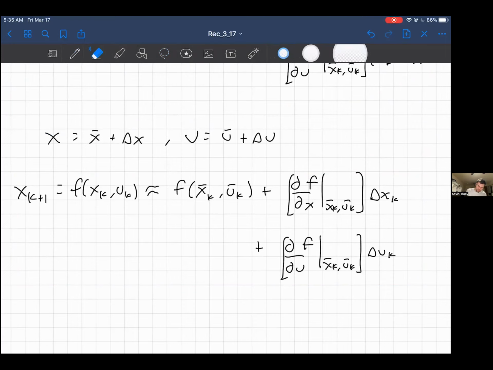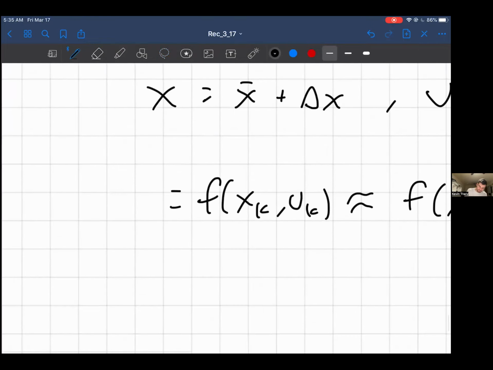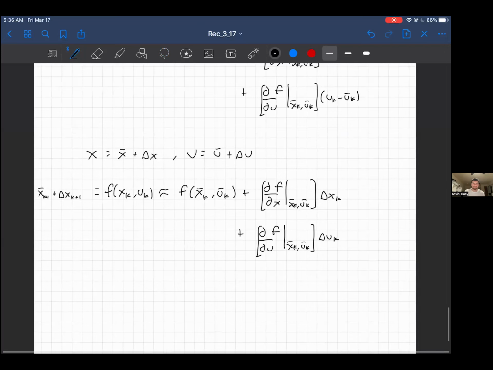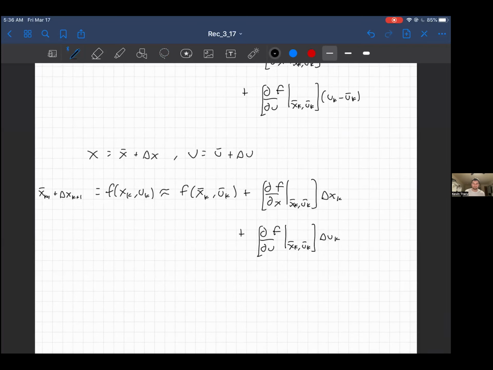And then as opposed to xk plus 1 here, I'll say this is... does that make sense? So oftentimes what we have is that we are going to linearize about a dynamically feasible